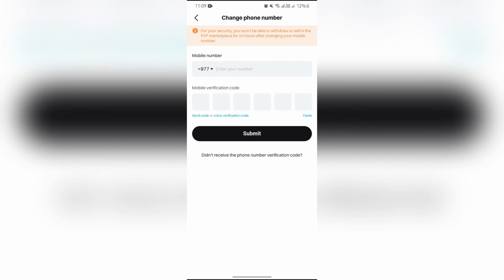Tap on change phone number, and now you simply have to enter your mobile number into the upper box at first. Now simply enter the phone number which you would like to change to, and after that you will get a verification code on your new mobile number. After entering the verification code and tapping submit, you will get another verification code in your email address. Just simply enter that verification code too, and after submitting that one, your phone number will successfully be changed